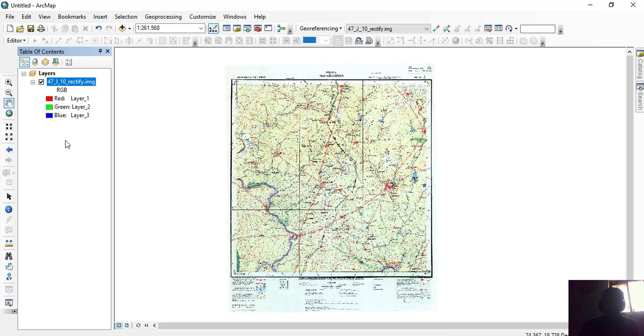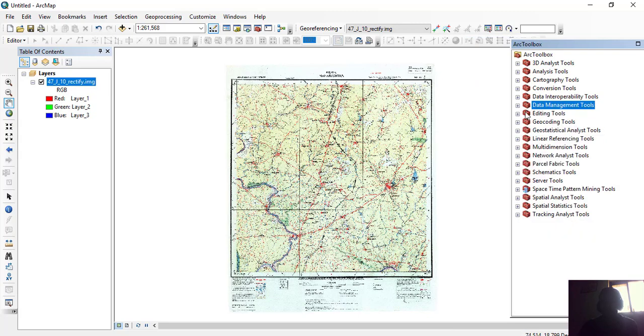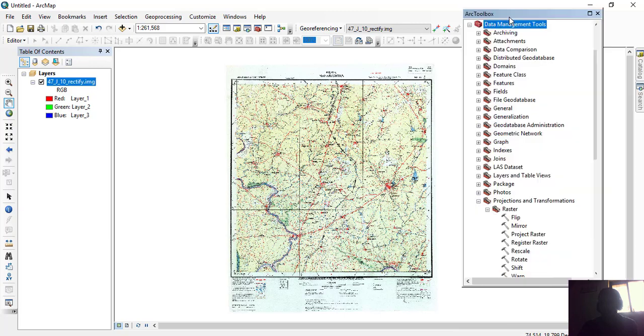So we have added the georeferenced topo sheet with geographic coordinate system, and now we are using Arc Toolbox, and we'll open the tool from Data Management Tools, and in that the tool is in Projections and Transformations.